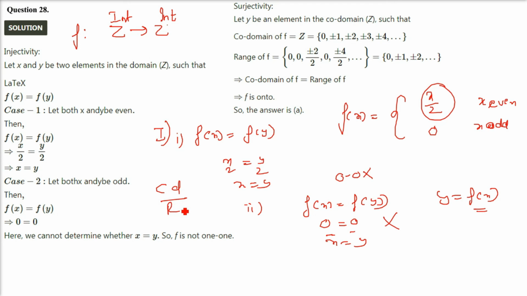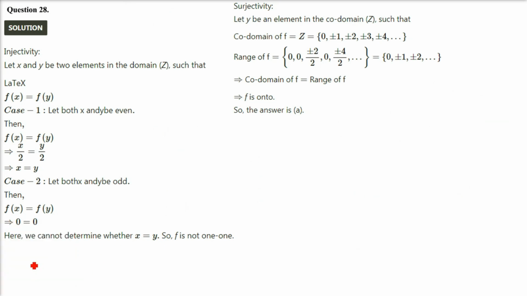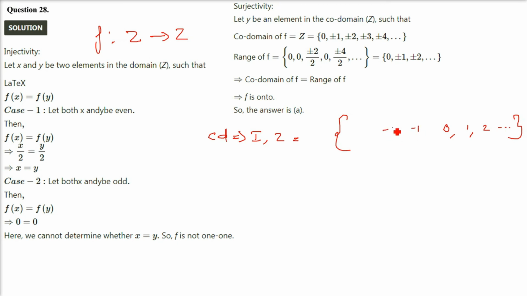Okay. So what we'll do, see, you know the codomain because it is already given. f is from Z to Z. That means that we are talking about the integers. What will be the values? It will be 0, 1, 2, 3 till infinity on that side, -1, -2, -3, till infinity. Or you can easily write in a different way, that is 0, plus minus 1, plus minus 2. This way also you can write. This is the way to represent integers or Z.